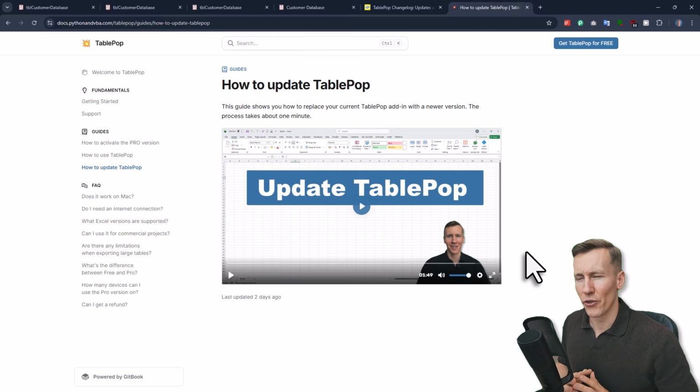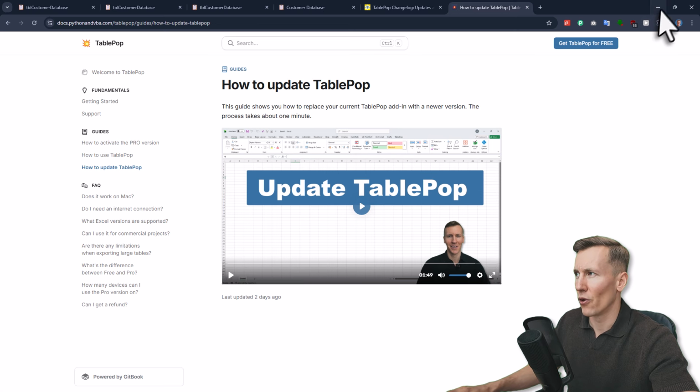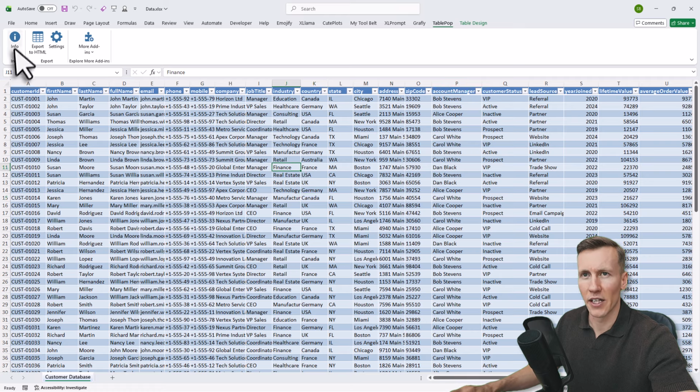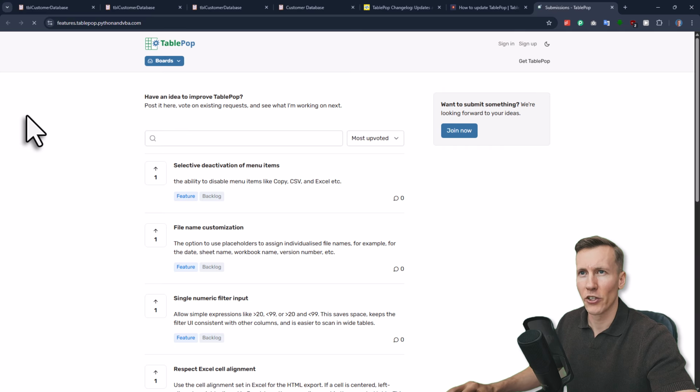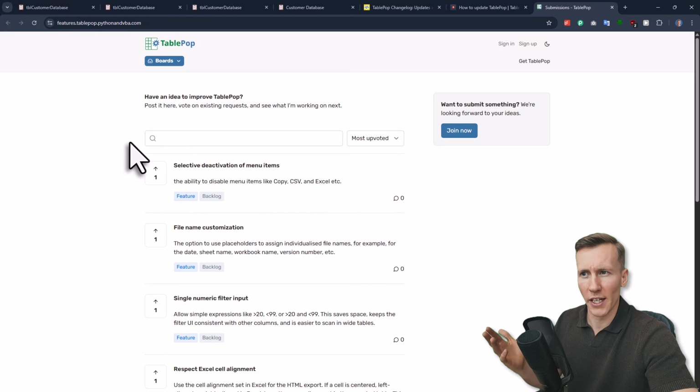Okay, and if you now have the new version installed on your computer, but you still feel a couple of features are missing, then you can also submit a feature request directly on my feature board. For that, if you go back to the add-in and click again on the info button, you can click on feature request. And this will then redirect you directly to my feature request board, which I also set up. So here you can just simply submit your idea,